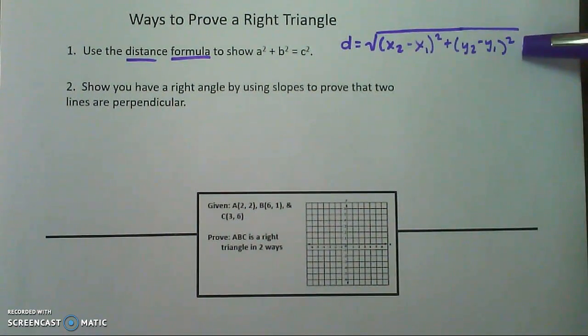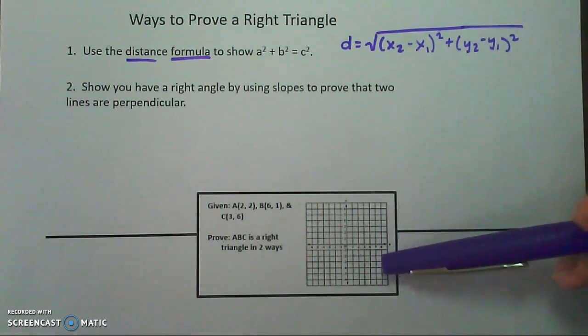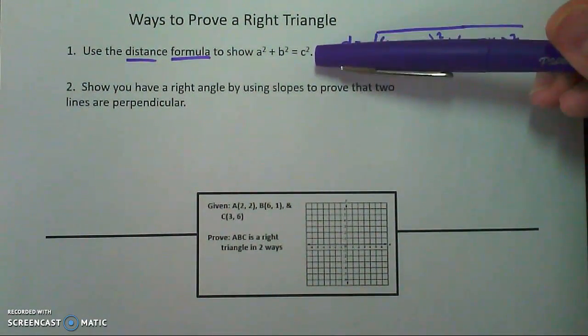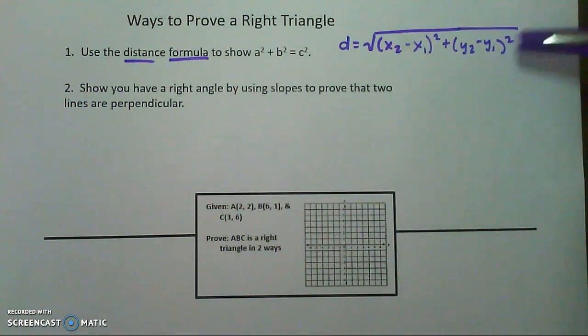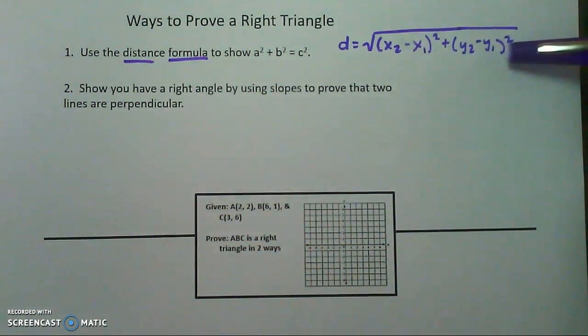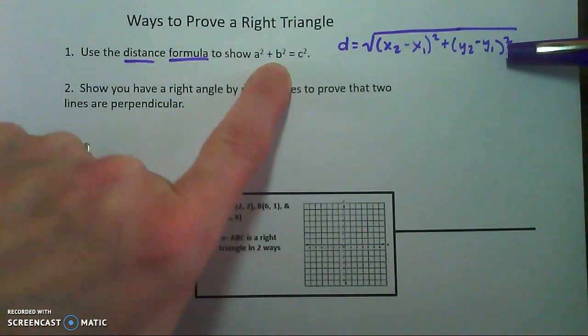If you want to go ahead and jot down what the distance formula is, you can there. This is actually one way that we could do it. I'll show you on a graph another way that we could show that a squared plus b squared is equal to c squared. But you could go ahead and write down the distance formula because you'd want to use that if you did not have a graph and were just given the points. But again, I'll show you two different ways that we can show a squared plus b squared is